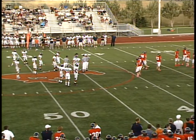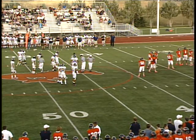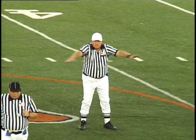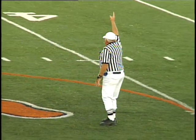I don't know if any of the officials actually saw it. I don't think that if you're Woods Cross, you argue it. There you go, incomplete pass. It was Woods Cross that was arguing. Yeah, and that's